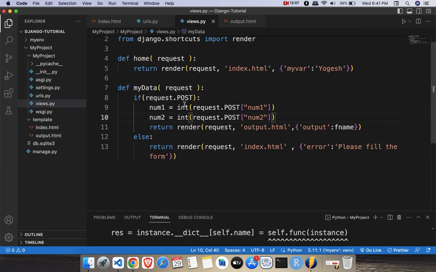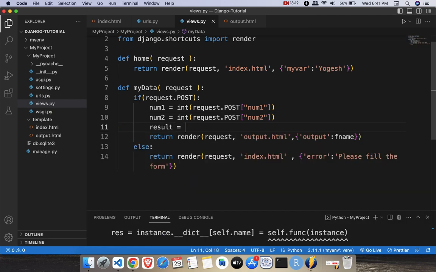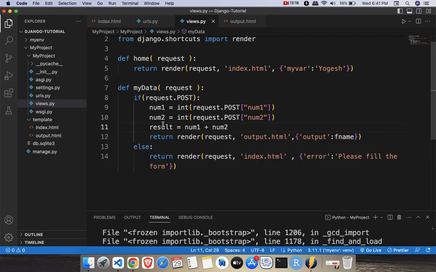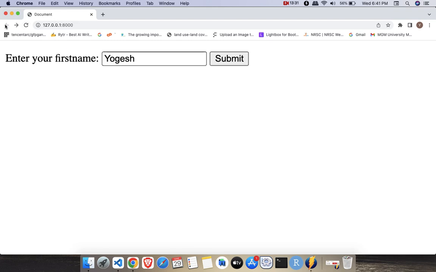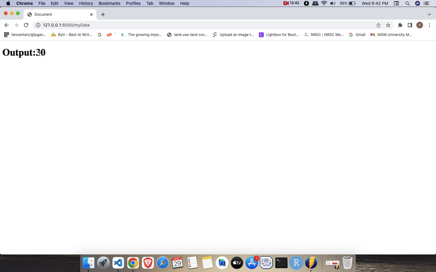Okay, so you receive two values in num1 and num2. You want to create another variable, result, which will store the addition of num1 and num2, and the final result is calculated in the variable result, and that result you want to send to the output page. So here you will write result. Save it, come back and go to your home page. Now you are getting the two fields. For number 1, I am entering 10, second one is 20. Submit it and you can see that we have successfully added the numbers